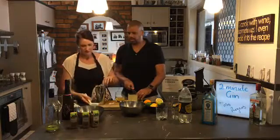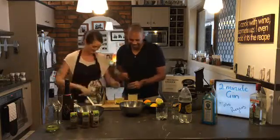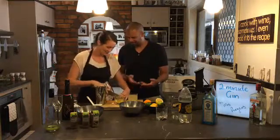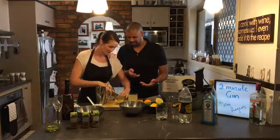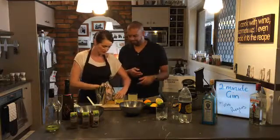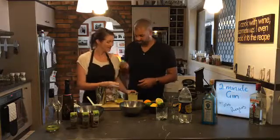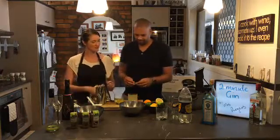Oh, how do you cut a... Can you cut that for me? Because I'll do this, like to make it look fancy. So just a wedge? I guess so. Is that what I want? Yeah. How do they normally do it in bars and things? Just a wedge, unless you're going to have a twist or something. I thought it was some sort of fancy way of doing it, but no, just a wedge. Oh, there you go. I think it's great. You can cut the rind off if you want. No, I'm just going to...